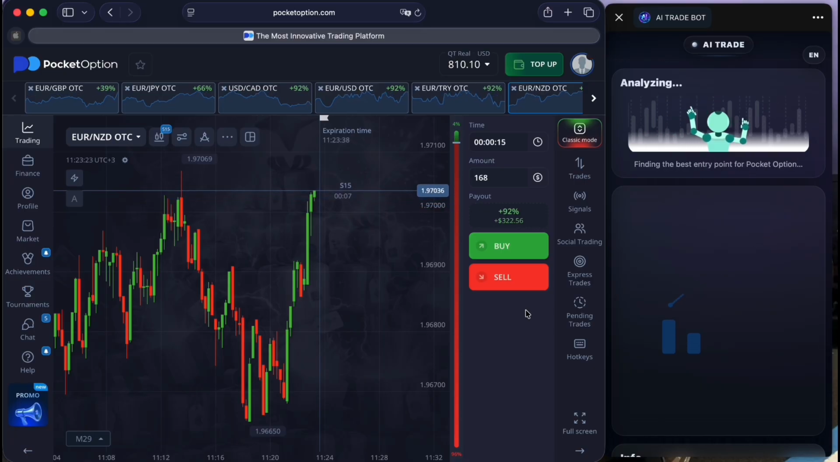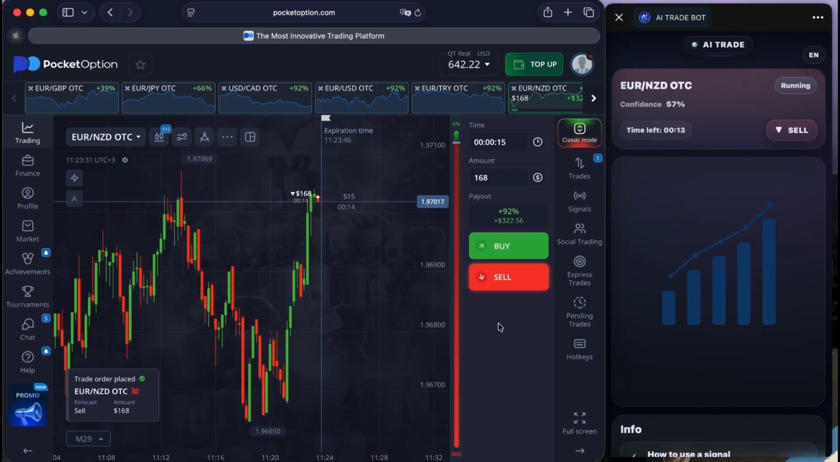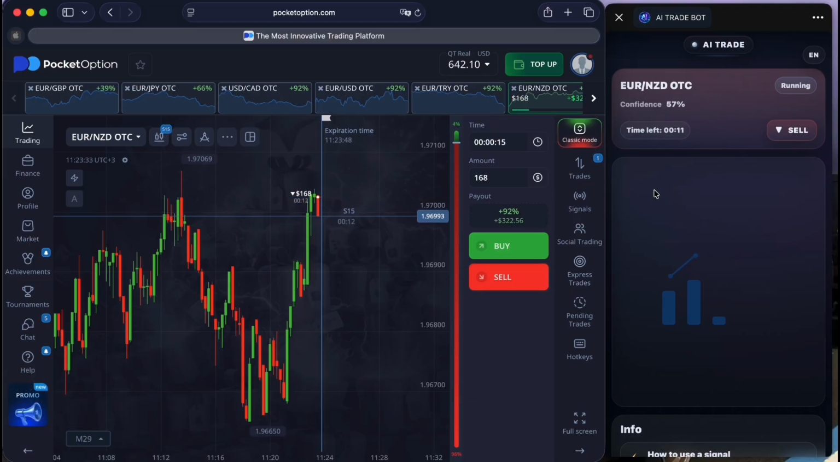All you need is good reaction time, since you need to press the buy or sell button right on time according to the signal. Also, make sure you have a stable internet connection and you'll get a nice boost to your account. There's a sell signal with 57% confidence in the upper range,